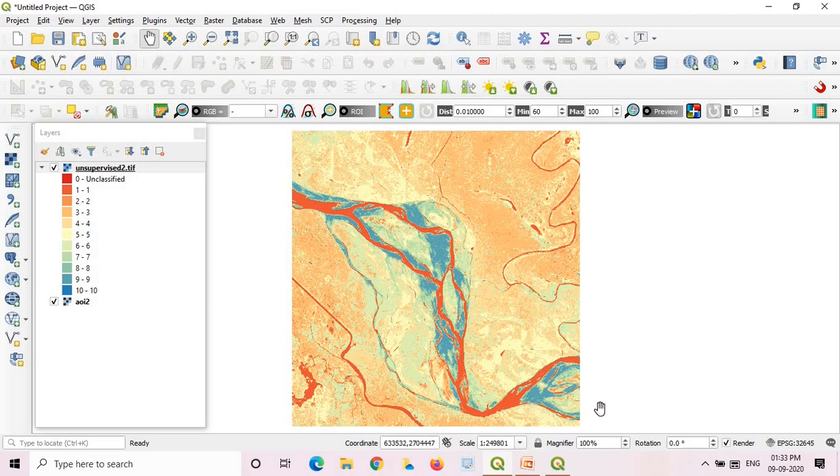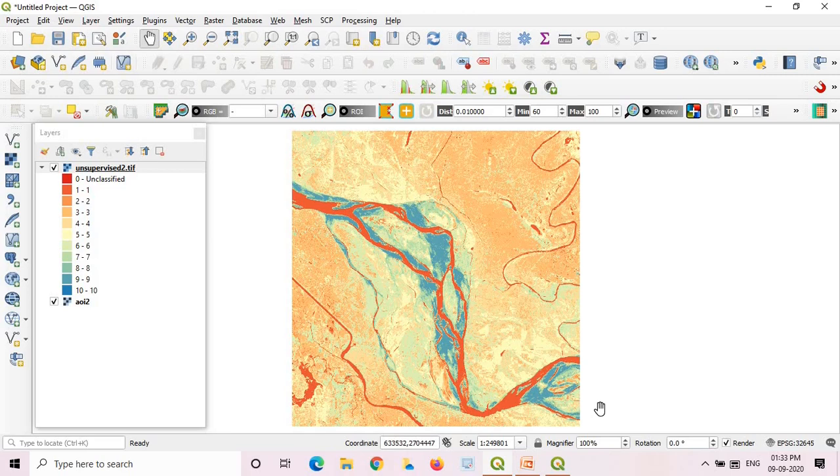This unsupervised map can be used as an additional source of information for preparation of the land use land cover map, and it can be used as an input for further processing also. So this is the advantage of this method, and this is one way in which we can perform this task.